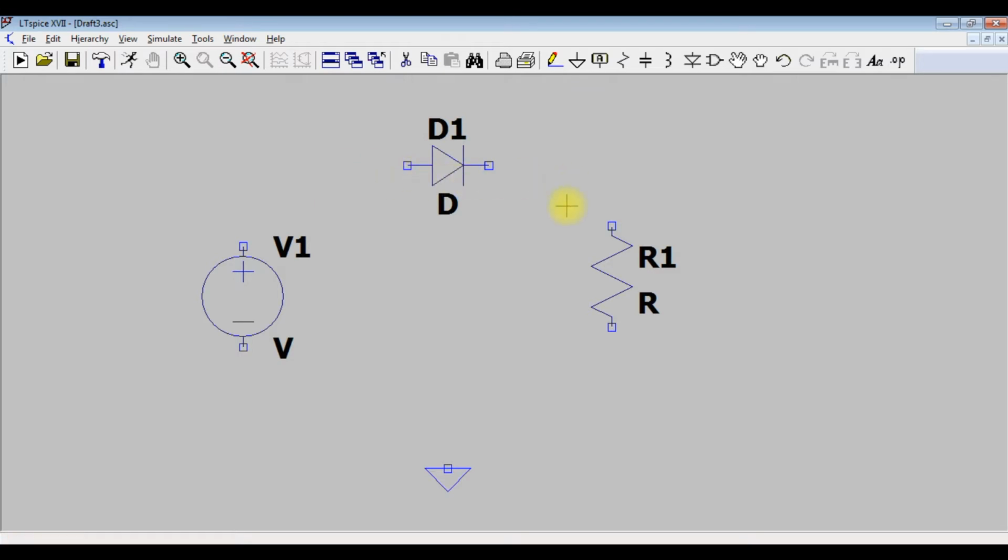I have placed everything in such a way that I can have a neat circuit of the half-wave uncontrolled rectifier. I need to connect them all. So I will go and pick the wire. Just click, and it will start dragging the wire. When you want to turn the wire, click at the place where you want to turn it. Just click once, move and connect. Now this connection is over. Complete the connection in the same way, and complete all the other connections here.